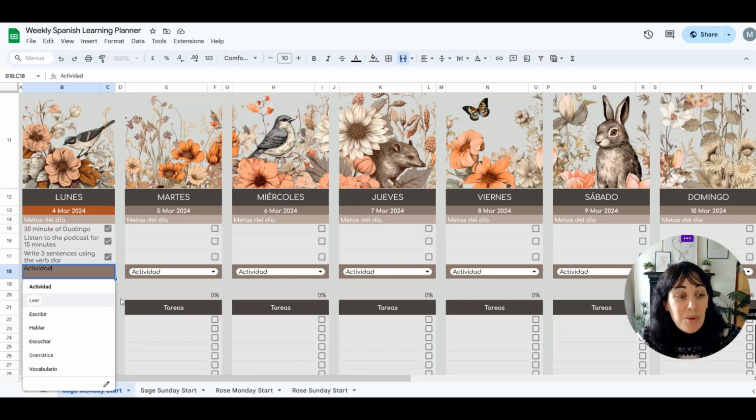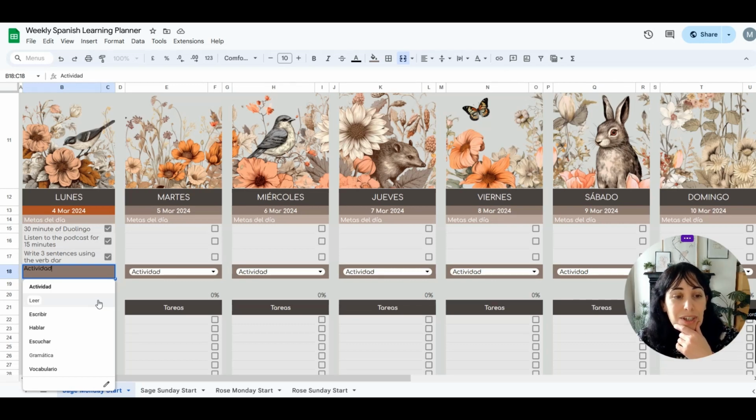So the more you look at something, the more you read, it will become part of your long-term memory knowledge bank, and that's how you get fluency. Fluency is automatic, speaking automatically, like I'm talking to you in English. I'm not even translating in my head. I'm just spitting out whatever I'm thinking about. That's why you want to have